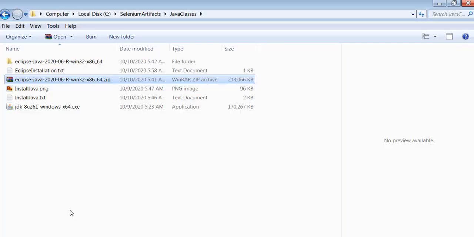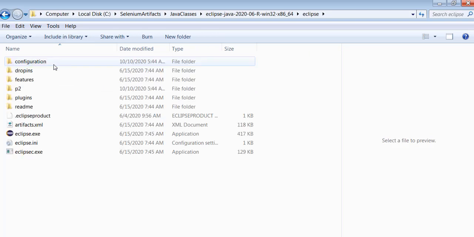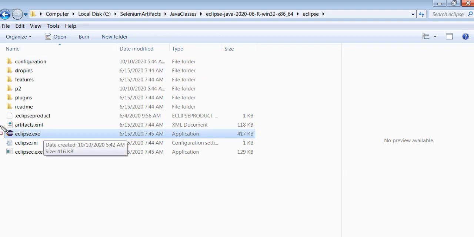Here, if you look into this folder location, I already downloaded the zip file and copied it to a specific location. It is a zip file. I have unzipped it to this folder location. Let me open it. Then I find Eclipse here. If you click on eclipse.exe, it will launch Eclipse in the laptop.